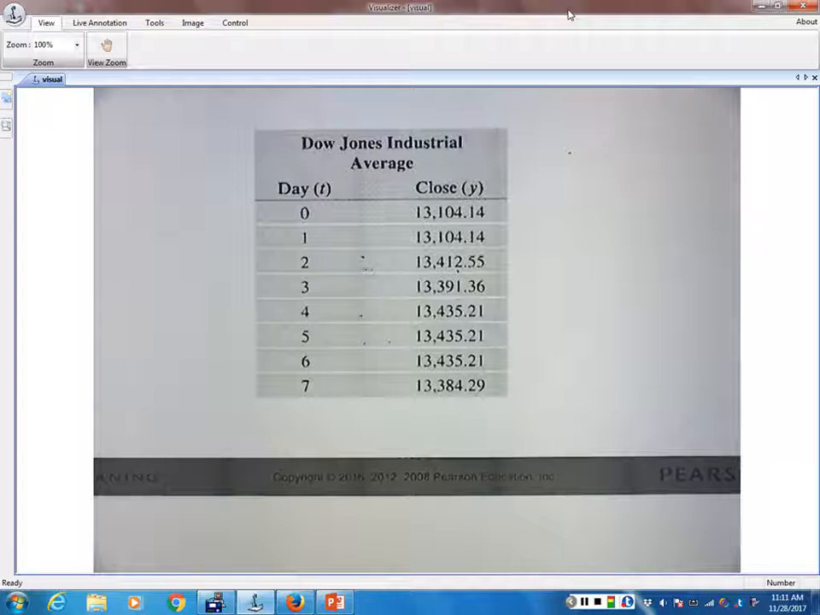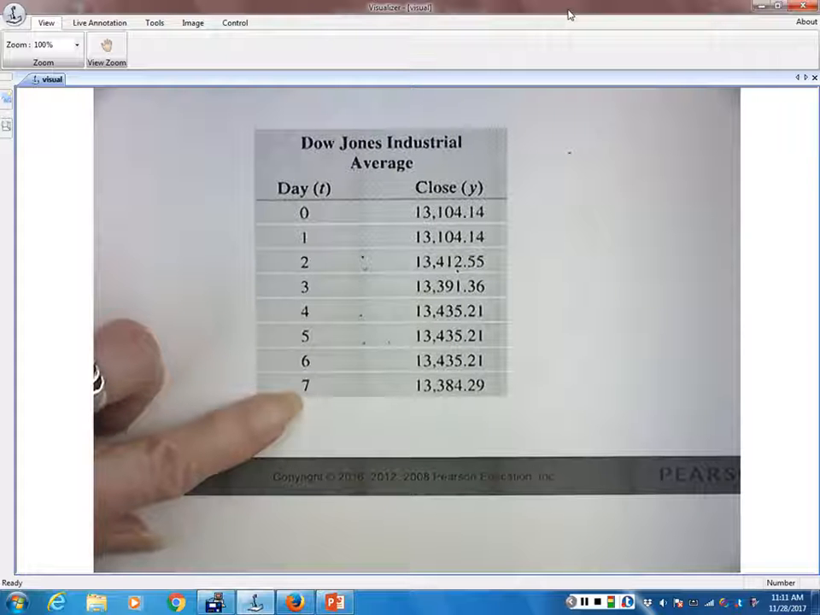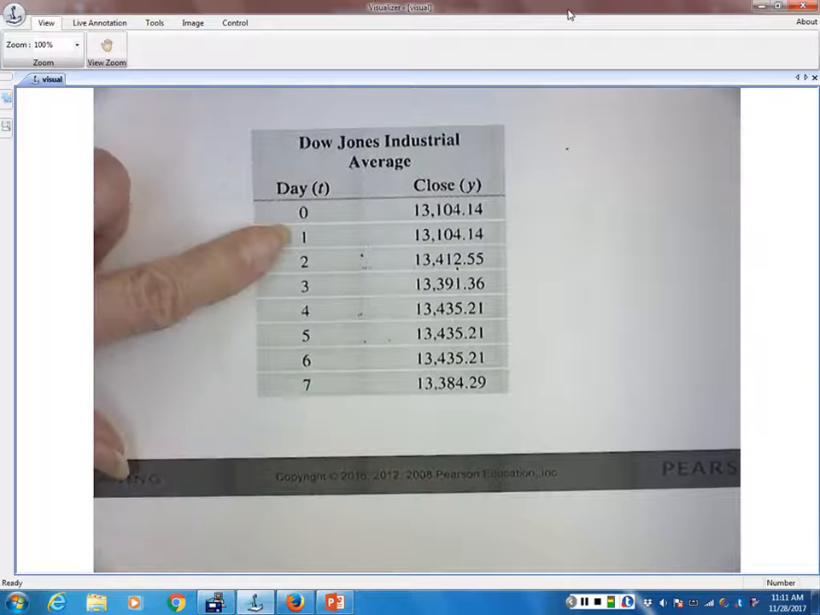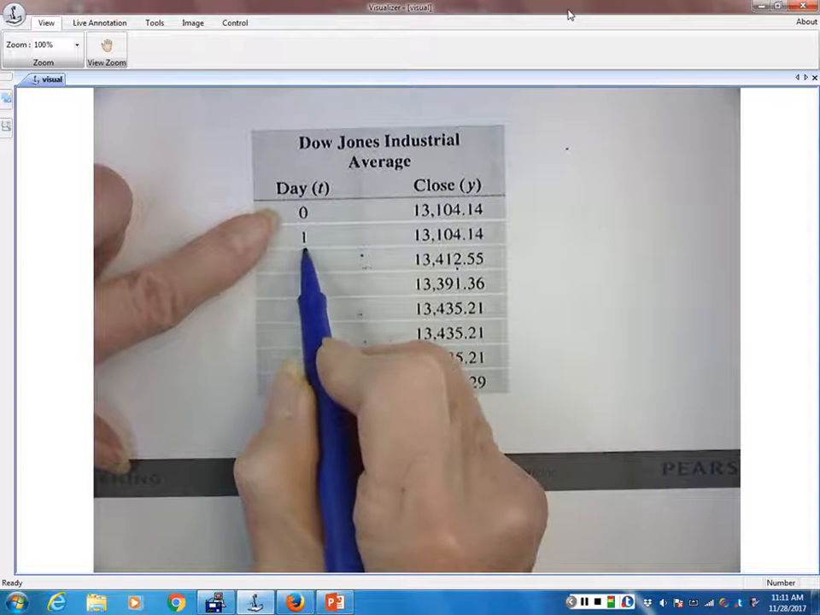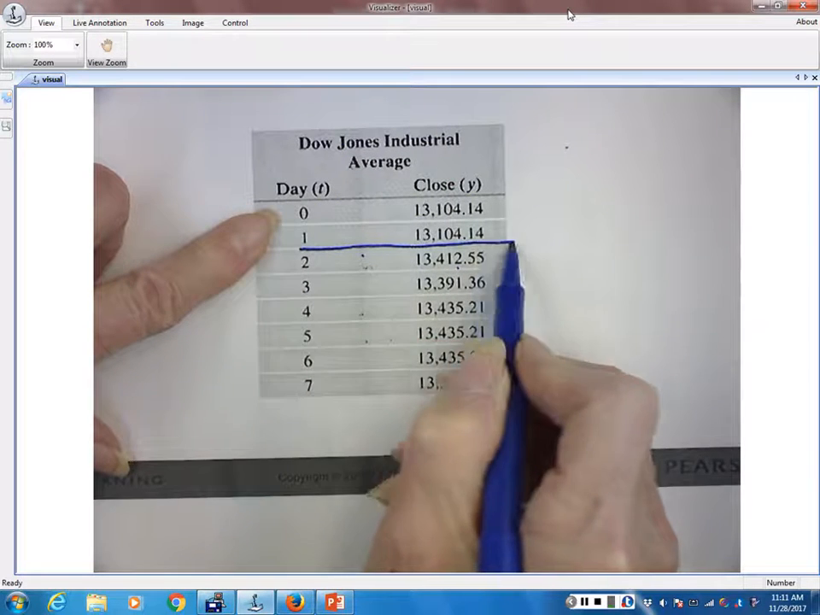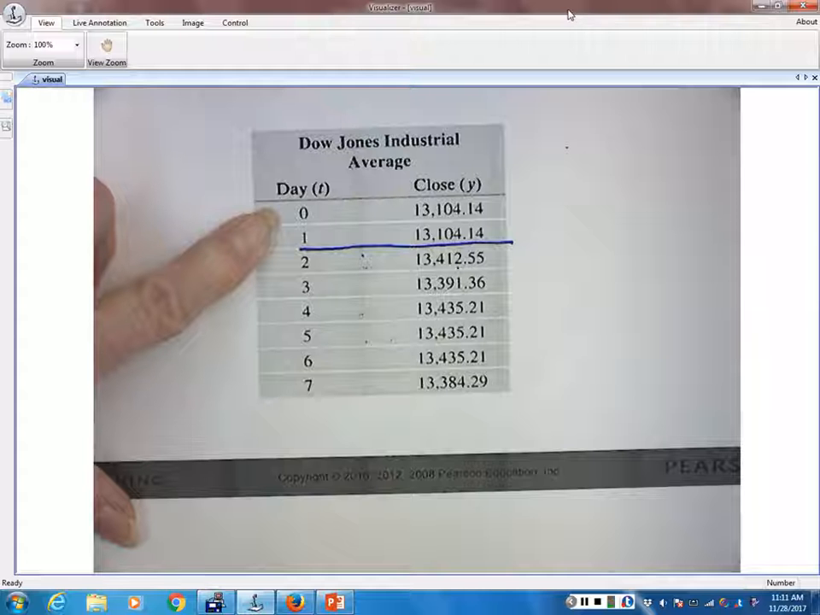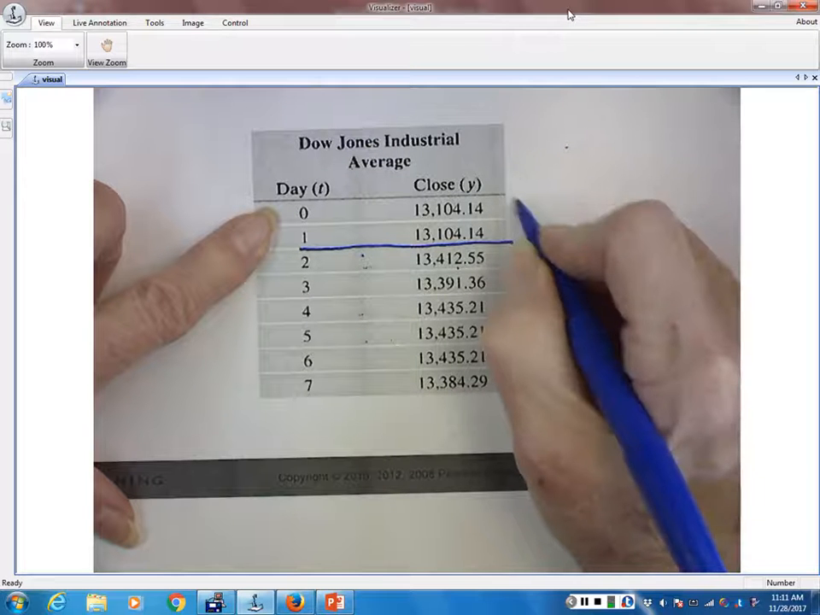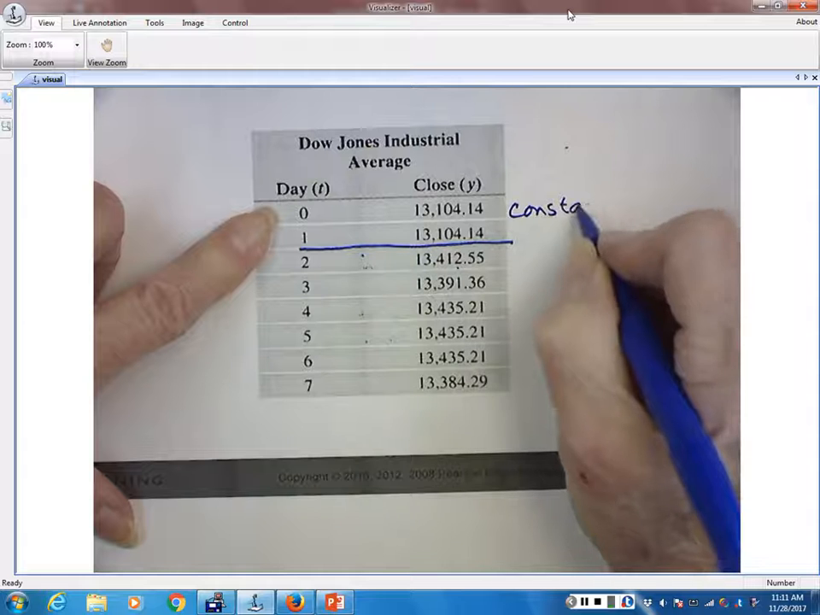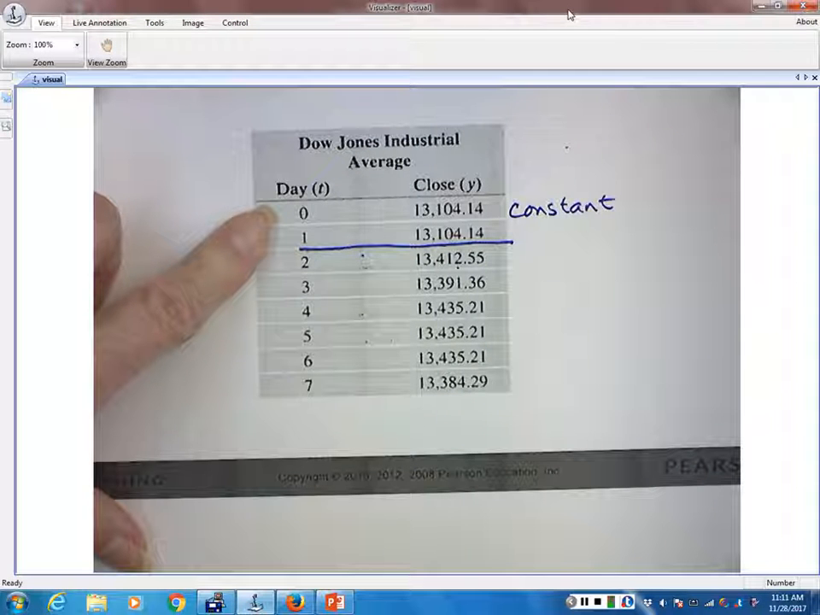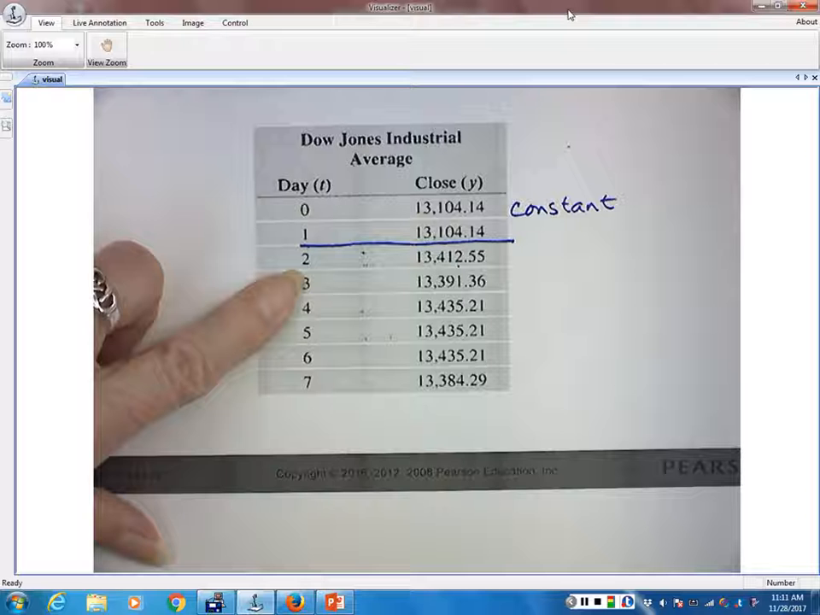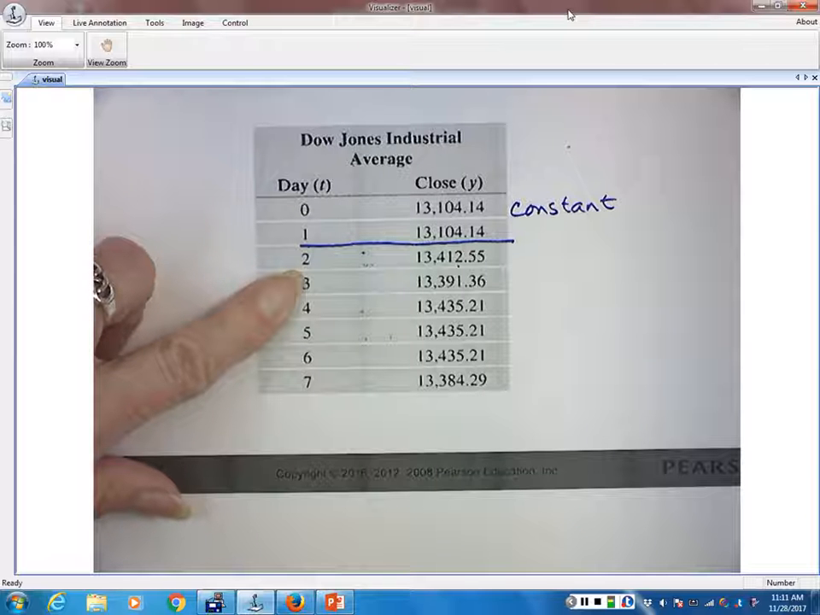Now what we have here is another representation of what we've been looking at. This is a table for the first few days of 2013. Actually, the first week in January. You notice that what happened in the first week in January is from January 1st to the end of January 2nd, since the Dow was closed, then the average remained constant. It was the same. But when it closed on January 3rd, which is the second day,